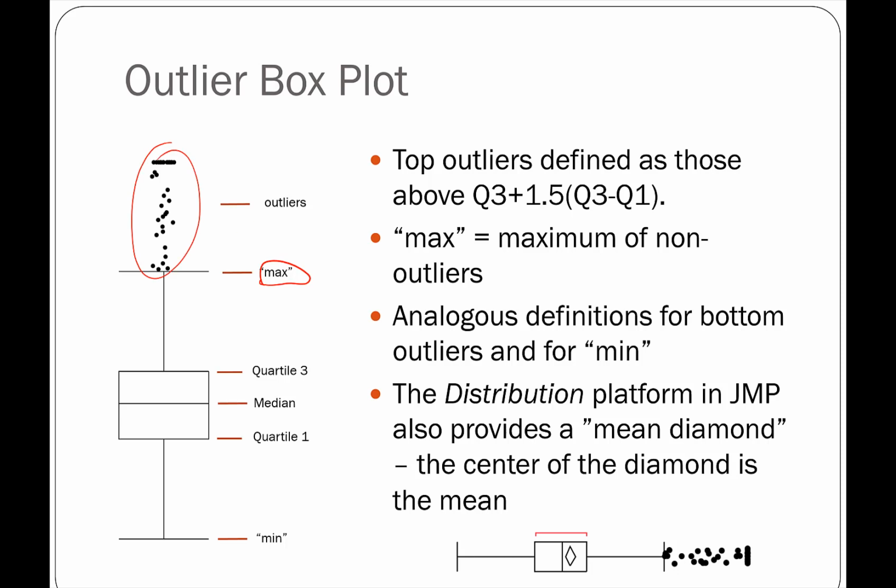These are all considered to be outliers, and outliers are important to be able to identify. Sometimes they're erroneous, sometimes they're the things that you're looking for, and in this case we've got outliers above the max, so obviously this max is in quotes, and so think of it as the maximum of the non-outliers. So how do you define an outlier? You say Q3, which is the third quartile, plus 1.5 times the interquartile range, which is the distance between those